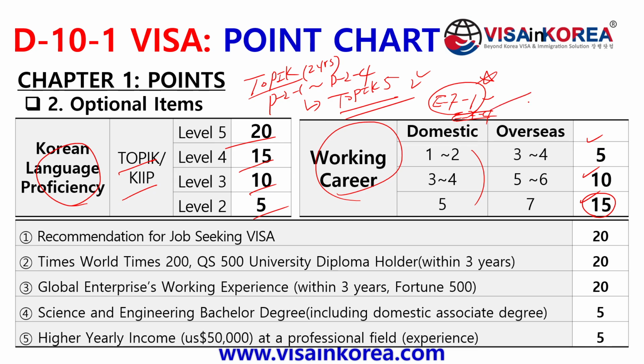It must be matching to your major. Okay, not all your academic degrees' majors. So if you're working in the same field as your academic degree's major, you may get this additional point. And also there is an additional point for a recommendation for the job seeking visa from the minister of relevant ministries, 20 points,